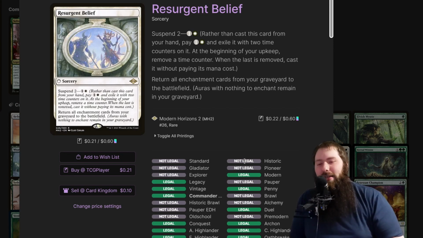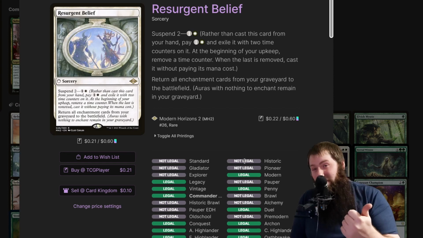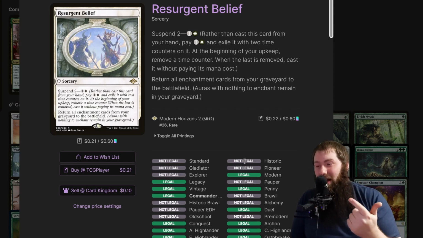It's okay. It is suspend too. There's no other way to cast it, which is unfortunate in this deck. But it returns all enchantments from your graveyard to your hand, but you have to suspend it so it goes off in 2 turns. It's the reason why I say it's not that great. Like, obviously getting all your stuff back is great, but it gives your opponents 2 turns to either deal with your graveyard, deal with you,